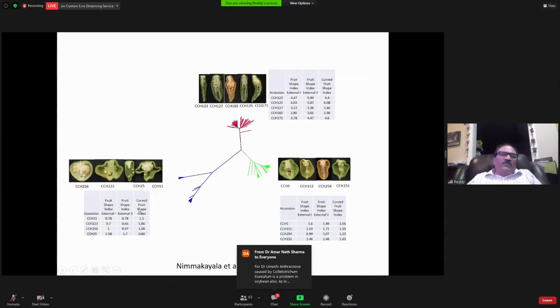So we did phenotyping using a kind of software, publicly available software, and we could estimate the fruit shape index. You see here the very small fruits just having 0.78 fruit shape index. And here the long peppers have the fruit shape index of 4.47, so 5 times more. So what kind of genetic mechanisms made these kind of peppers from this kind?